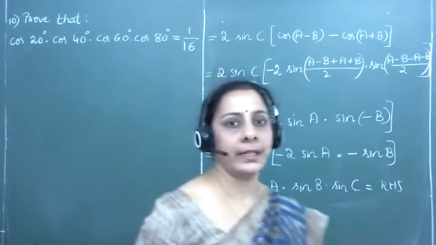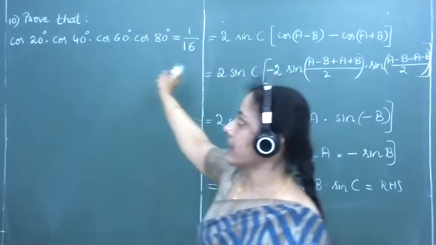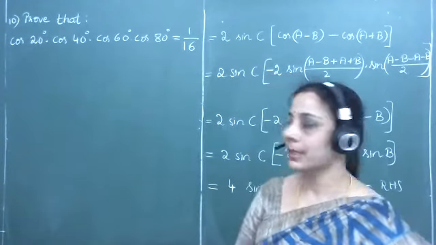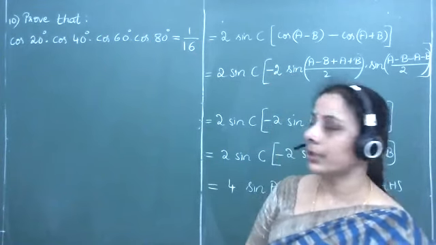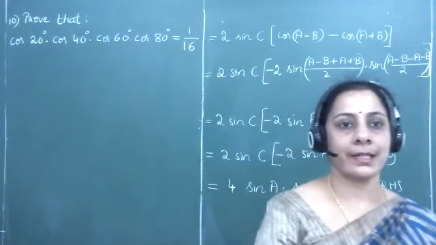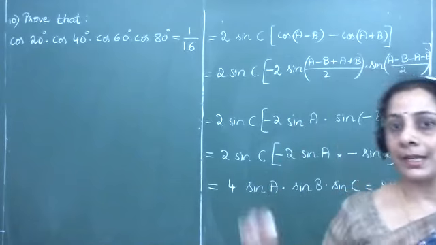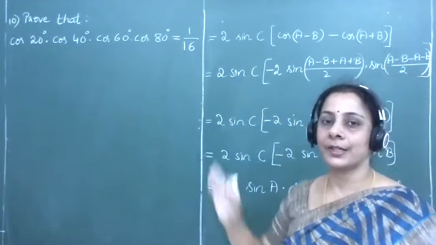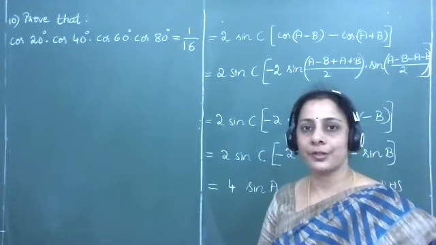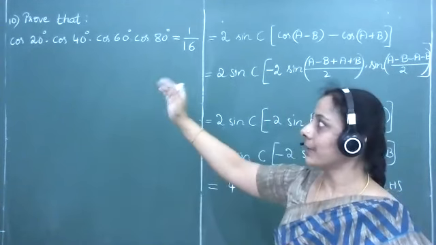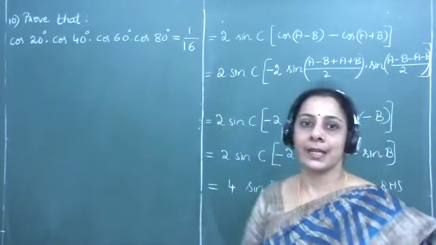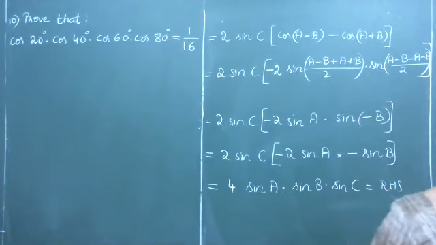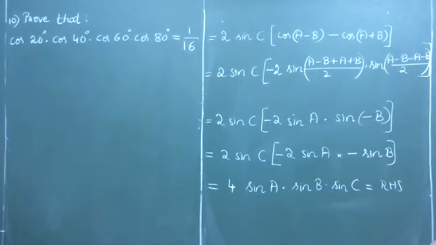Here we observe that we are having in the LHS a product of 4 terms: cos 20 into cos 40 into cos 60 degrees into cos 80 degrees is equal to 1 divided by 16. There again is a similar question. Instead of the cosine ratio, you have the sine ratio for the same set of angles: sine 20 degrees into sine 40 degrees into sine 60 degrees into sine 80 degrees, which is not 1 by 16, that should be equal to 3 by 16. But here now we shall try to prove the 10th question.